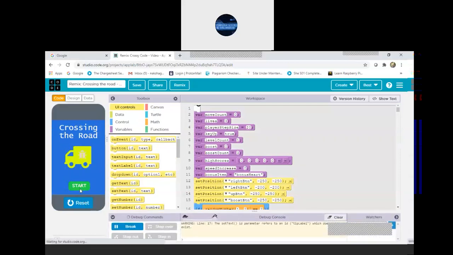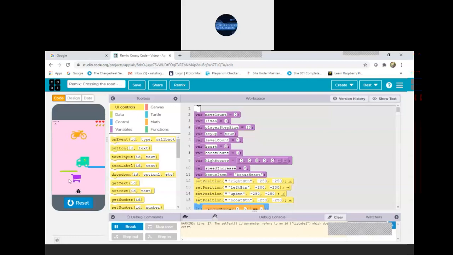See, when I click on the start button, you can see three obstacles, and when you go on this bars obstacle, you will go one step back. Means if you are trying to go front, you will get out by the cart. If you hit the cart, you will get out. If you get hit by the bus, or sorry, the truck, you will get out. Or if you get hit by the motorcycle, you get out.